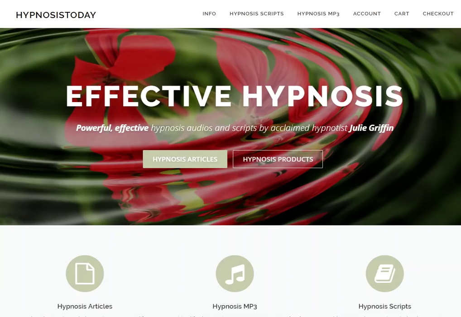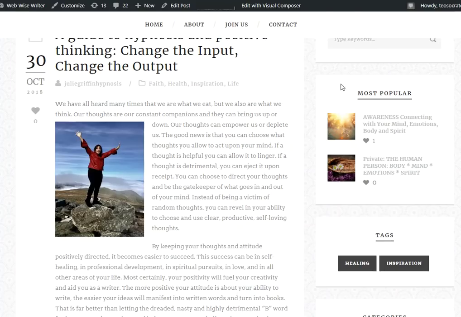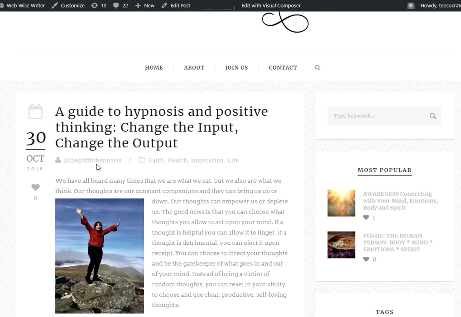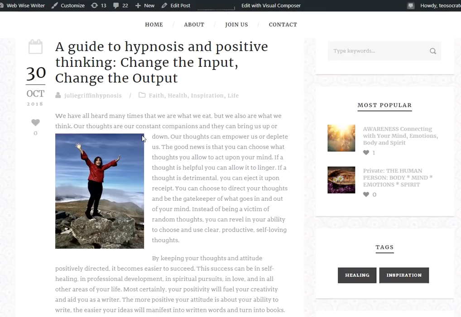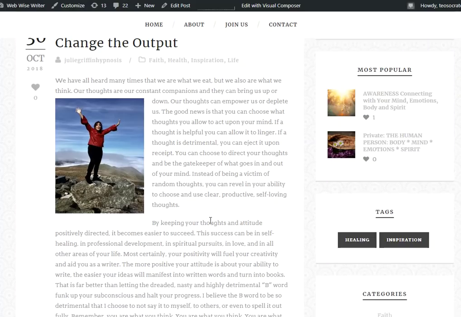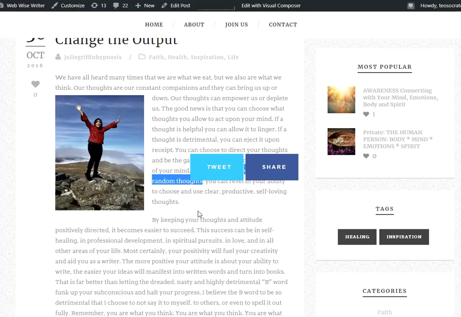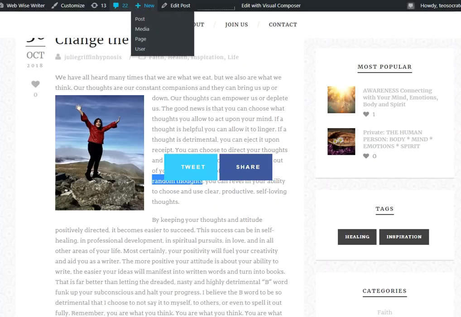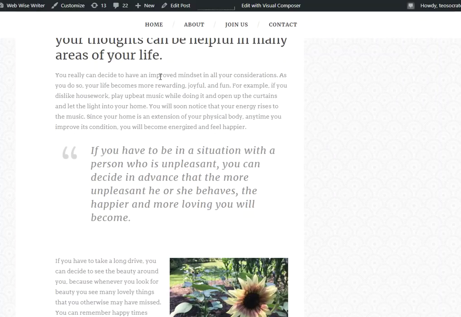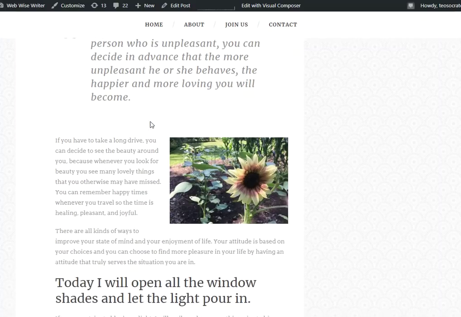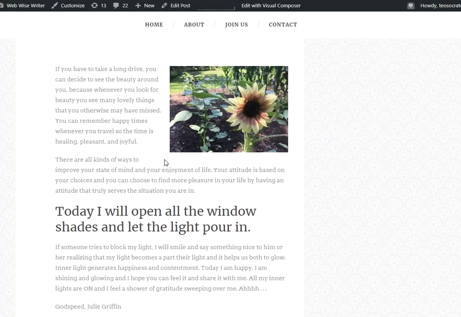So a couple more quick things that we would do before we publish this. If this was your own website, one thing that you would want to try to do is link to other articles in your own website. So for example, down here, "victim of random thoughts," maybe that could link back to another article. Down here under "improved mindset" could be linked back to another article. You kind of just want to do that for a few things so that you have some links from your article to other stuff on your website. That's what you do on your website.